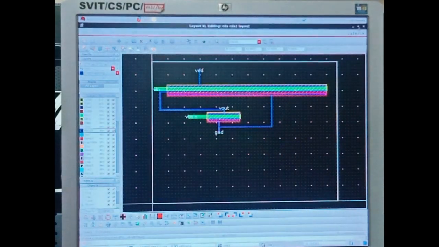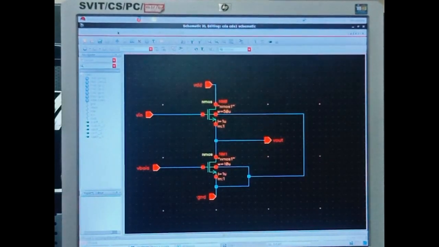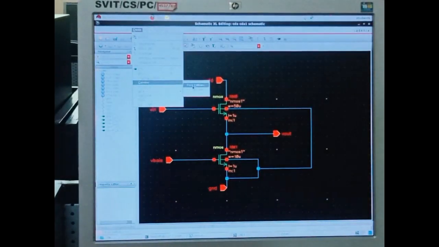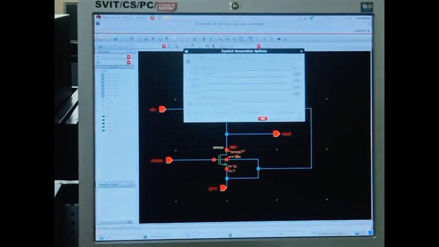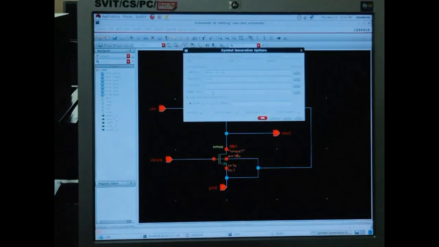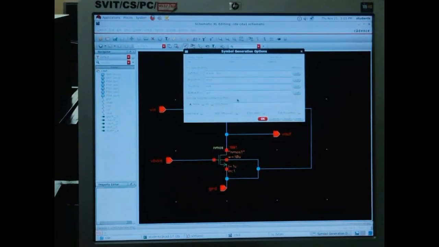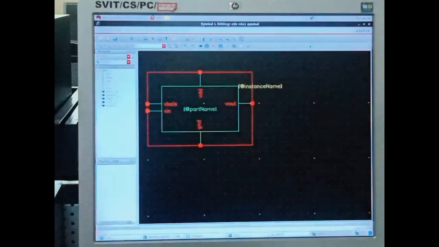The next step is to check for the analysis. The first step is to create a symbol from the schematic. So follow that step. Go to create cell view, from cell view, align pins. So Vin and Vbias to the left, VDD to the top, ground at the bottom, and the right pin is Vout. Okay, so this is your symbol.